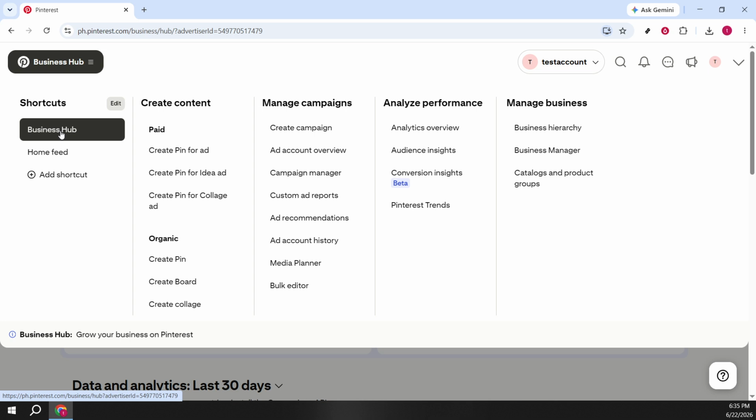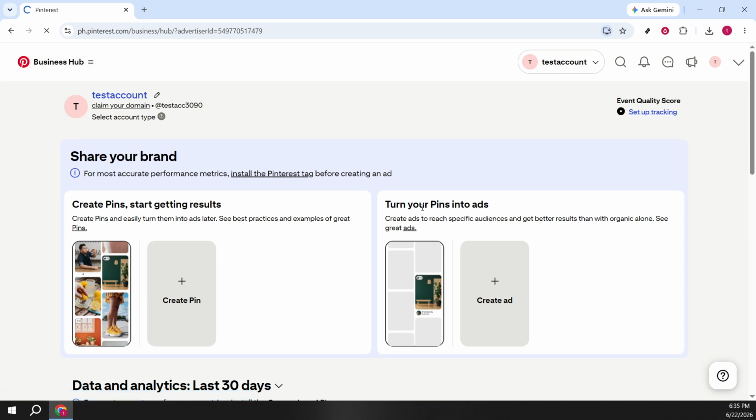Inside the Business Hub, look for the Analyze Performance area. This is where Pinterest keeps its measurement and insights tools. Click Pinterest Trends. This opens the Trends experience. Think of it as the Trends bar or dashboard, where you'll explore what people are saving and searching for over